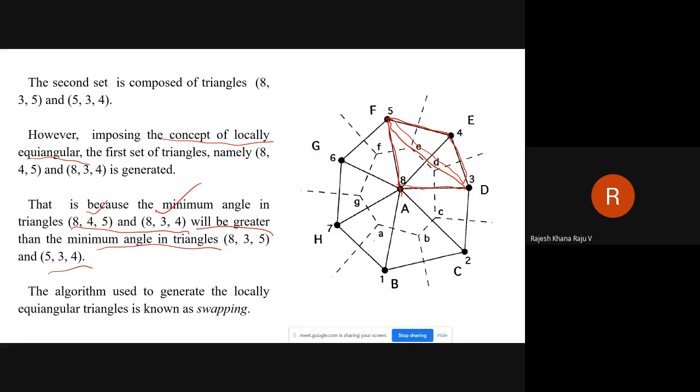Then that becomes your new triangles: one is 835, another is 534, if that minimum angle is greater than the previous one. That sort of changing of the diagonal position is known as swapping, which is generally used along with equiangular if required. That is where we are able to avoid the skewness, which is a demerit associated with the previous scheme.